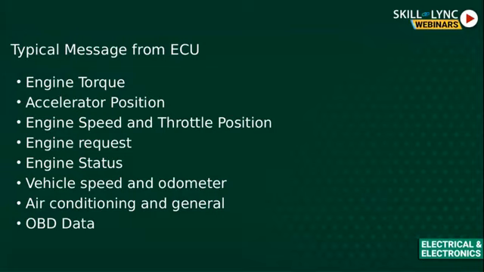Before moving on to the next slide, I want to share a brief overview about different types of sensors in a car. A modern-day car includes the following sensors: mass airflow sensor, engine speed sensor, oxygen sensor, spark knock sensor, coolant sensor, manifold absolute pressure sensor, fuel temperature sensor, voltage sensor, camshaft position sensor, throttle position sensor, and vehicle speed sensor. I'll just explain two or three of these sensors